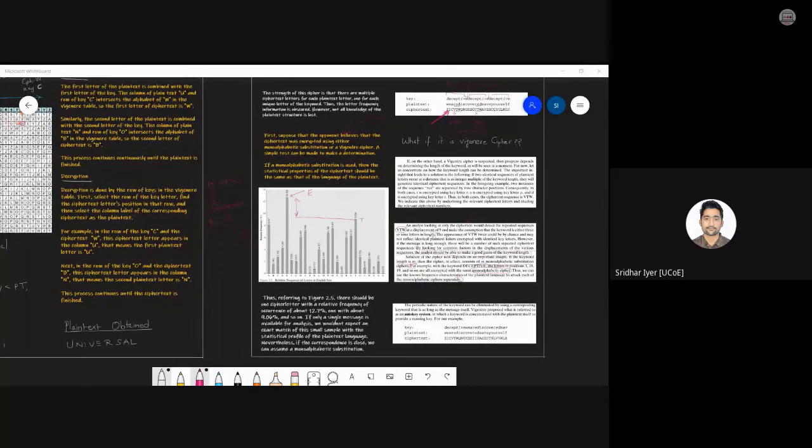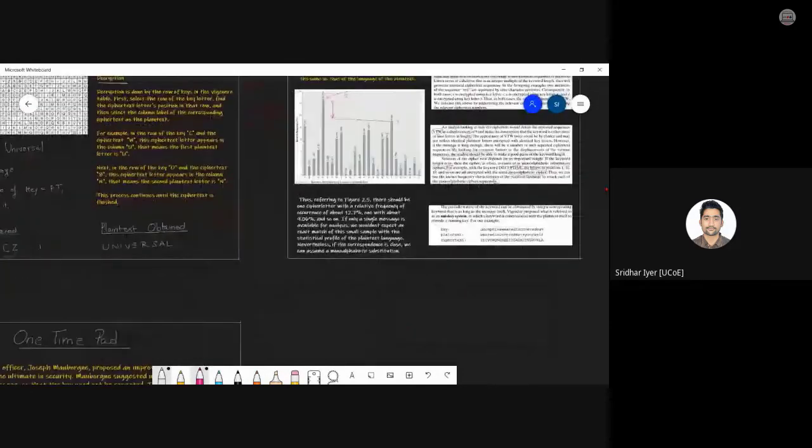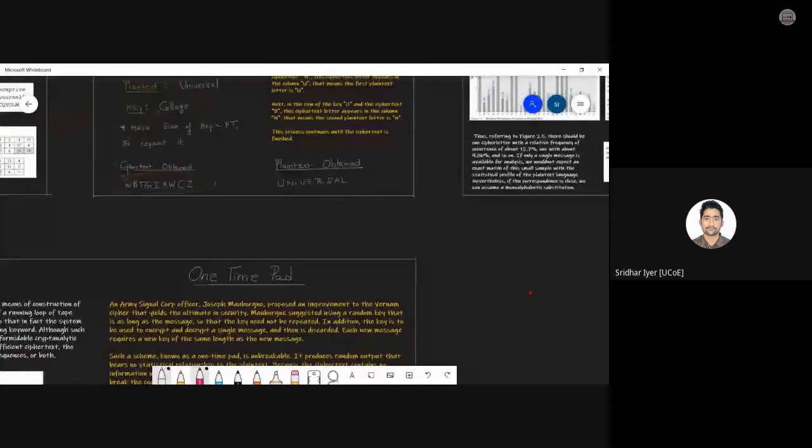You have to have a lot of patience because nowadays people think that hacking is very simple. You just have to have a good computer. That's it. So a lot of effort and a lot of patience is required for that. Fine. So this was all about Vigenere cipher.